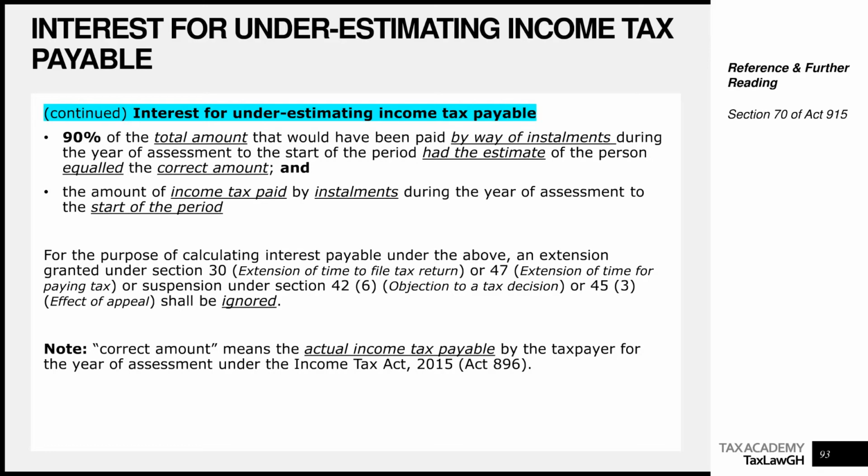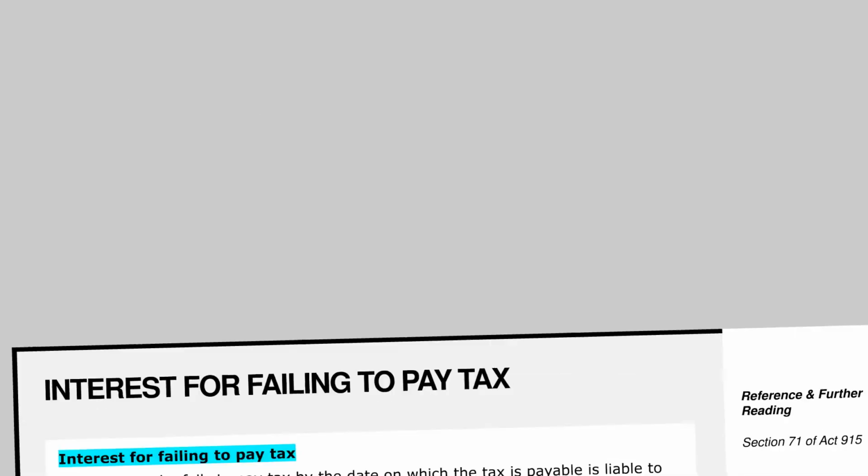So just know for now that the rule is 125% of the monetary policy rate, compounded monthly and applied to the difference between 90% of the amount payable and the actual amount you paid by way of installments during the period. So take note of this one, what you need to know for now.